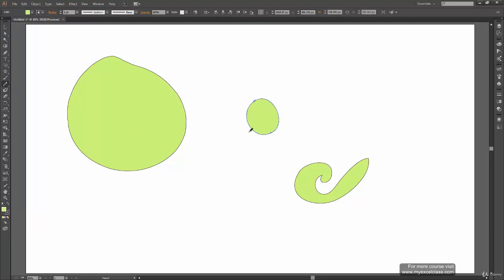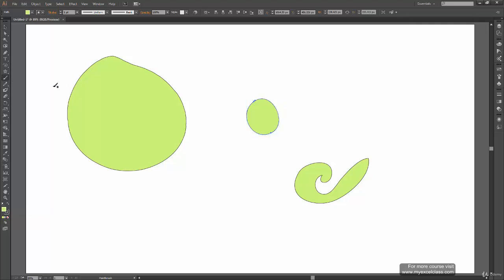And I think that's all we should cover in this tool. The other options you have in this tool are the strokes. You can change your stroke from here. I think we have covered it already, but still you can change the width or thickness of your stroke from this option. And here you have something called uniform and other kinds of strokes. It says what kind of stroke you want for your outlines.